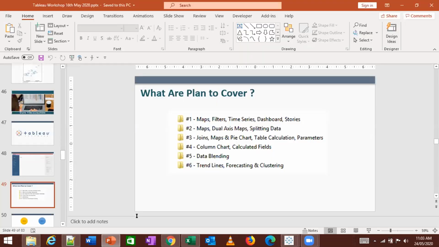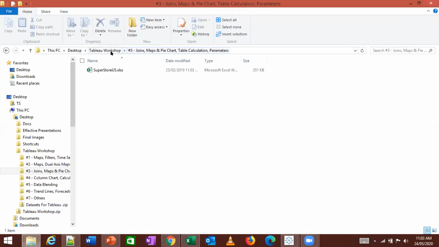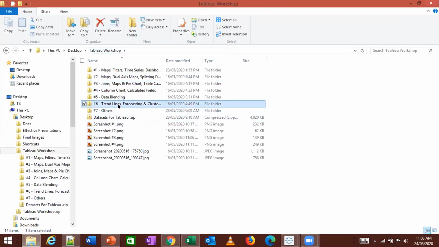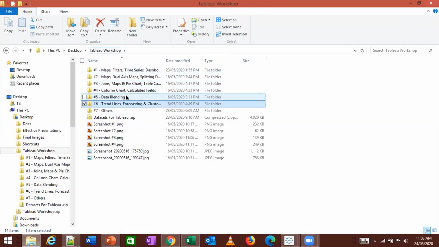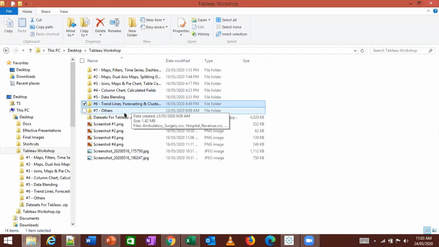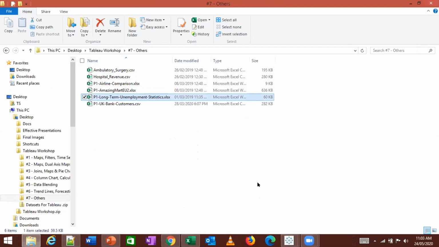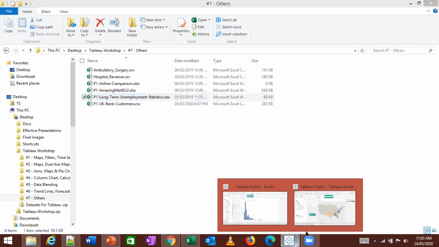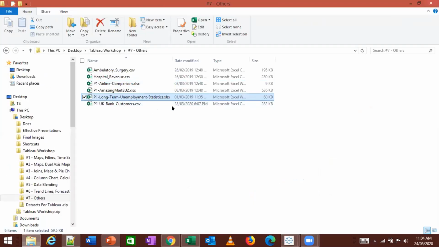In the data set, in the folder others, there is a file called long-term unemployment statistics. Let's open that. Load that file in Tableau.